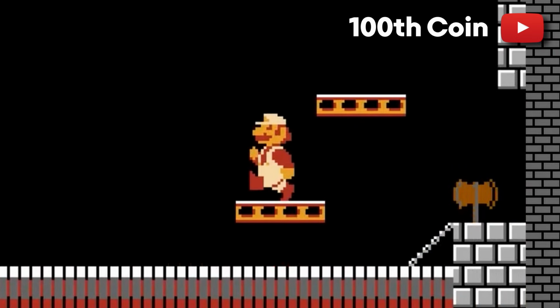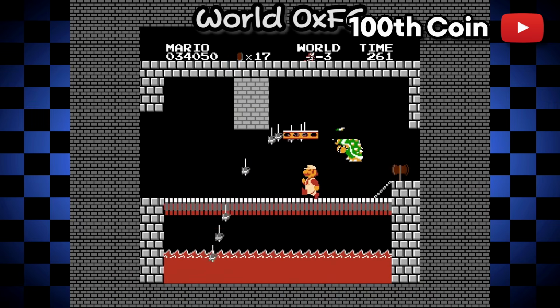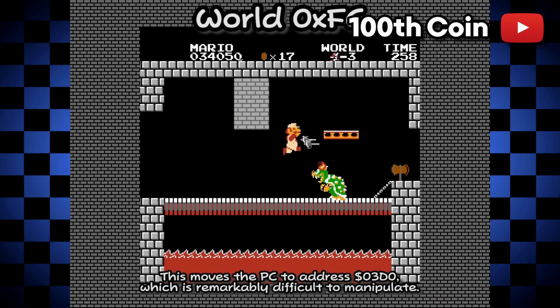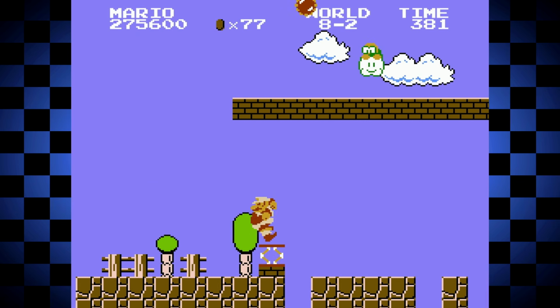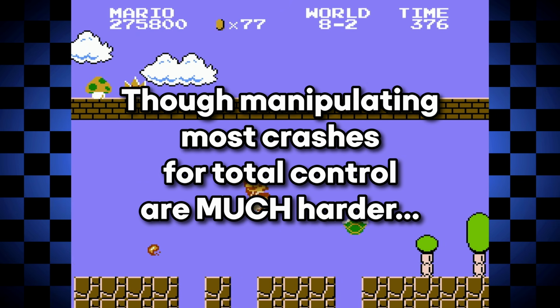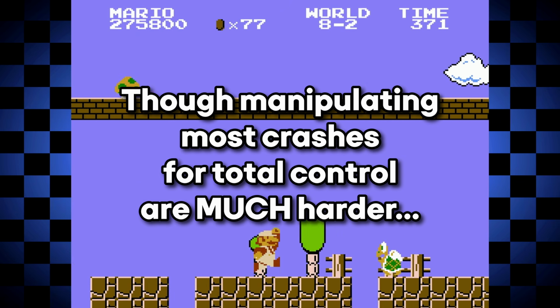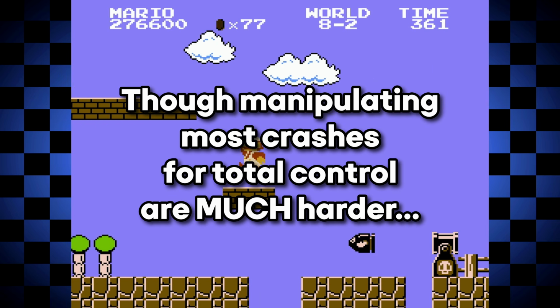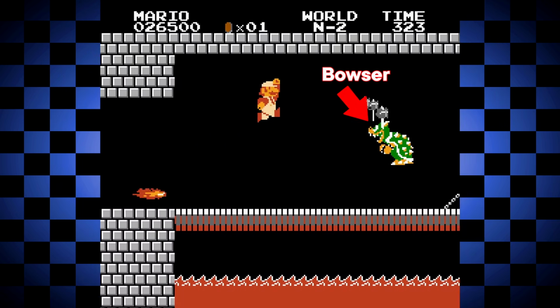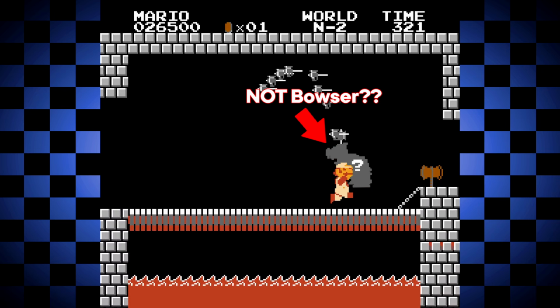But in some worlds, he'll turn into objects that'll mess with the game, causing it to crash. These could be manipulated to assume total control over Super Mario Bros., though most of them would be much more challenging to actually gain control over. Now what happens when World N's Bowser is burnt is that he turns into a specific object, and this object